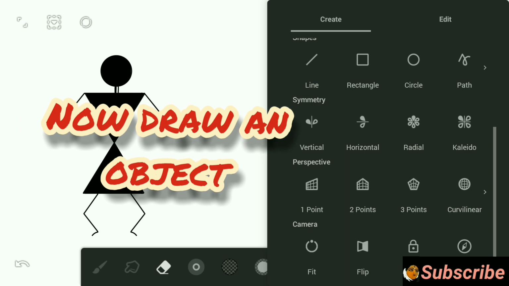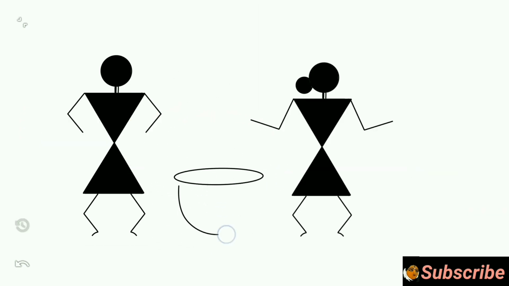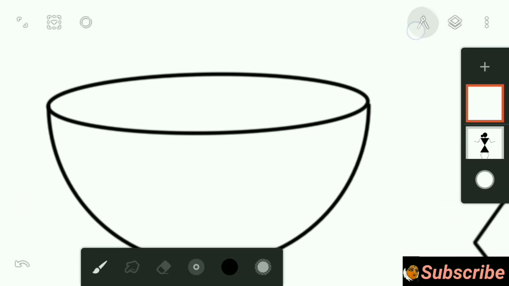Let me draw an object now. Here I will use the curves. Once you know how to use all the basic elements, you can draw anything as Warli.